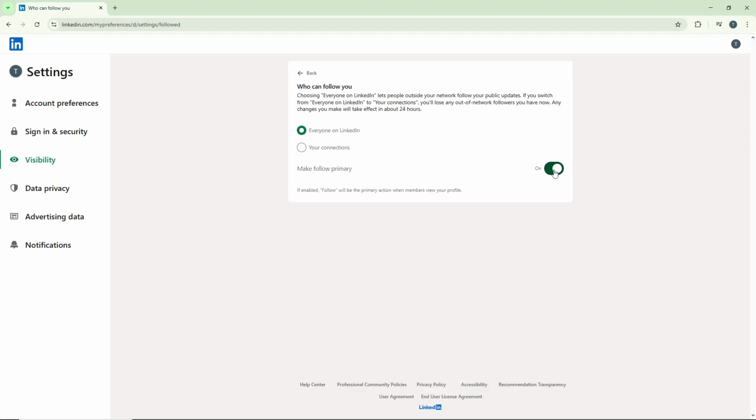And that's it. You've successfully added a follow button to your LinkedIn profile. This simple adjustment can help you grow your professional presence and make it easier for people to stay updated with